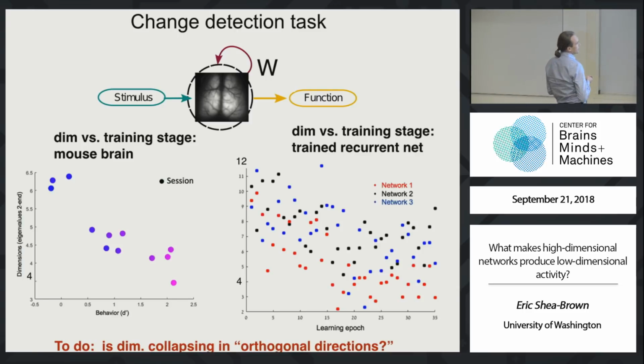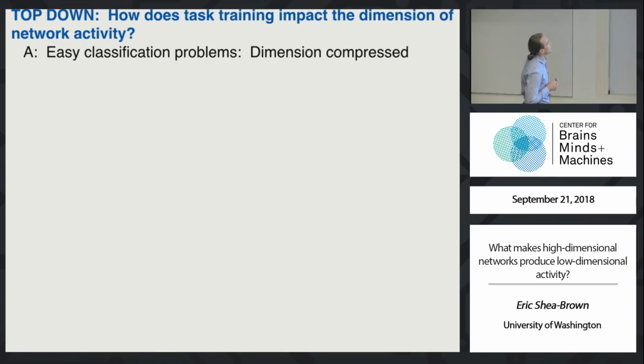Anyway, at this stage, this is suggestive that this dimension collapse is really something we can look for in learning, at least in these simple types of tasks. Let's end the talk. All right. Summary. So I had 2 points of view, top-down and bottom-up. We'll review the top-down one first.